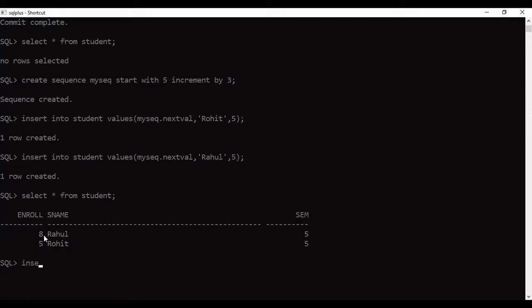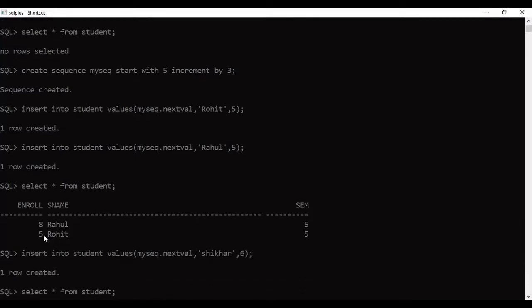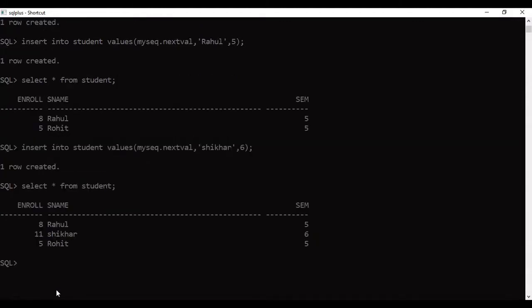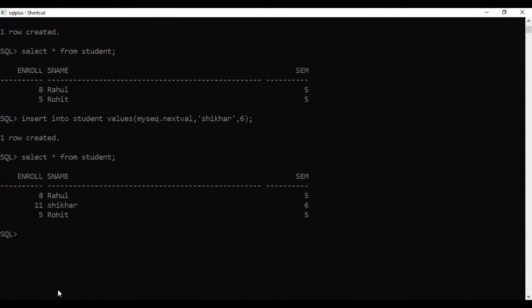Now I'm inserting another record: insert into student values my sequence dot next val, comma, Seeker, comma 6. So one more record is inserted. Now let's see. Seeker will be added with enrollment number 11. So in this way, we can use a sequence to insert a record.